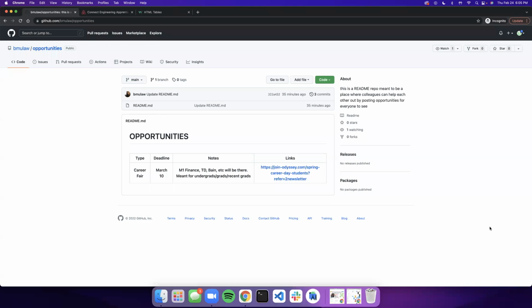Just trying to teach you guys how to contribute to this Opportunities Repo. So the current stand, you can see this repo if you go to github.com/bmulao/opportunity. Once you find this repo and you want to make a contribution, first thing you want to do is